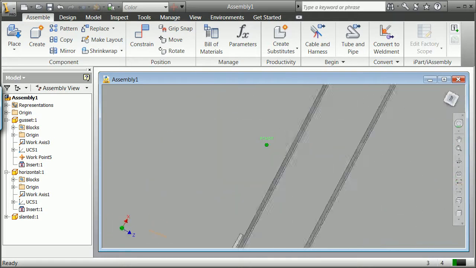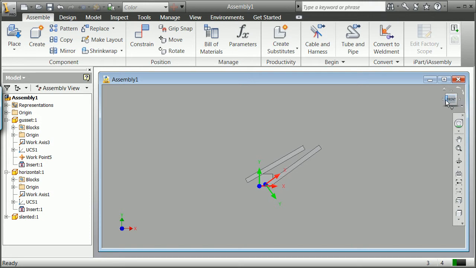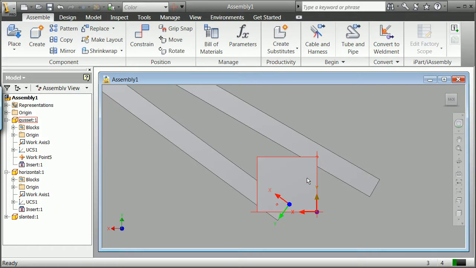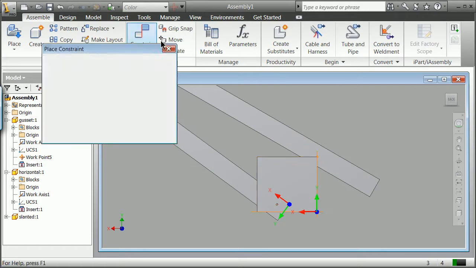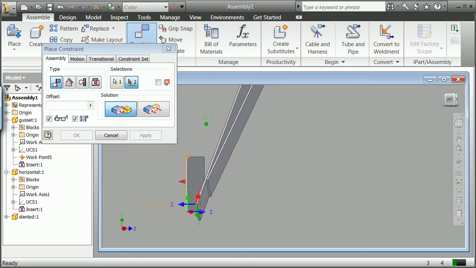and then you can go about and use all kinds of different constraints. I'm kind of wheeling in and out here. It's really tough to learn kind of how the different mice work. It's kind of opposite, if you would, of AutoCAD in terms of the mouse, but I'm kind of going to zoom in here, and I'm going to go ahead and say a constraint, a flush constraint, a opposition as opposed to flush. I'm going to go with a mate constraint. With that, grabs the back side of that, and now I'm going to go ahead and zoom around behind here and grab the front side of that,